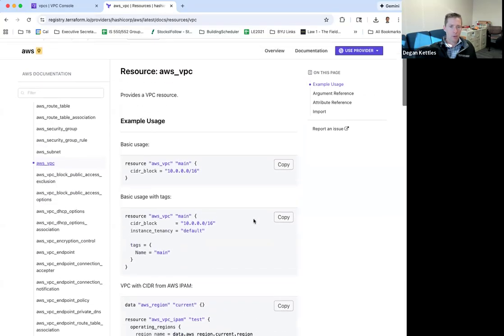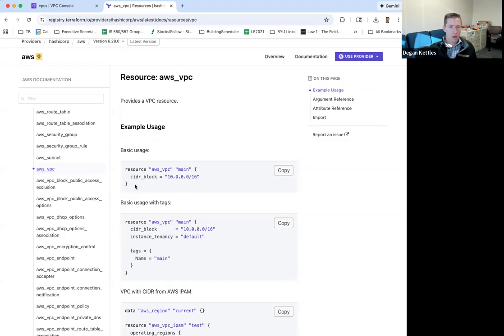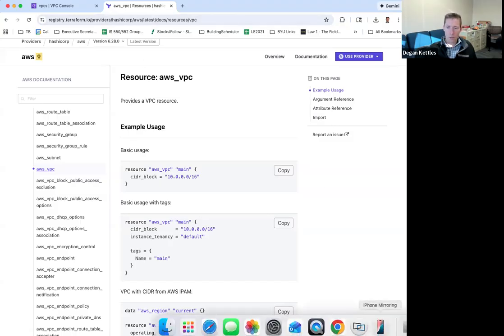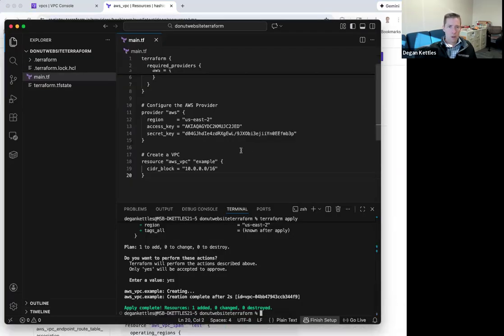And we can look at some examples of things like this is the basic way to create it. And here's something with a tag added in. All right. Now, let's go ahead and build on this because according to my diagram in the instructions, we want to have our VPC called VPC production. So let us go back to our thing here. And this we're going to now change to